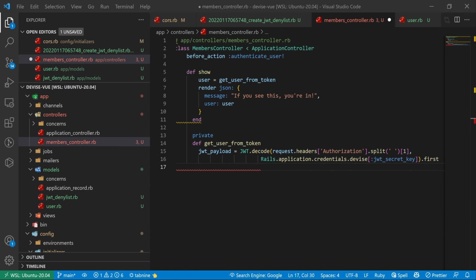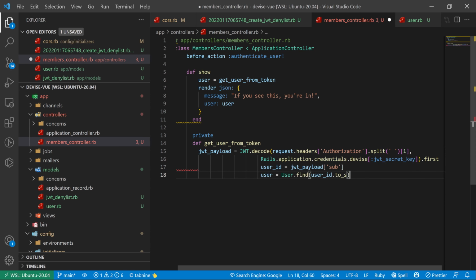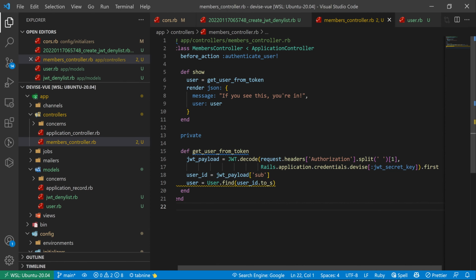Finally, we need to actually find the user based on this JWT payload. And we can do this by calling user_id equals jwt_payload, and we'll pass in "sub" inside quotes. And then we can just call User.find with this user ID that we've decoded here. After we've done all of that, we now have a means of accessing this user based on the token we send to the front end,